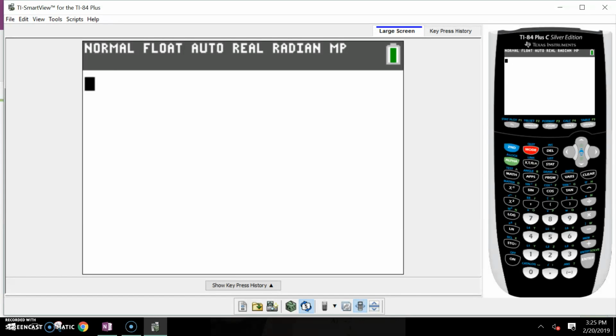You're going to see the inverse trig functions. On the 84, they're in blue right above it. So we want inverse sine, so we're going to press that. So we hit second and the sine button, and we'll type in negative 0.46